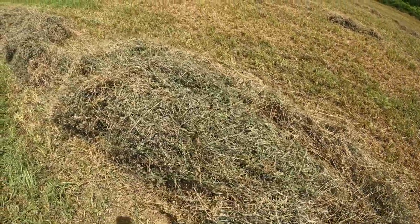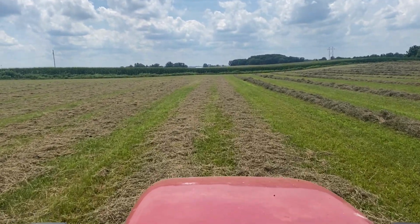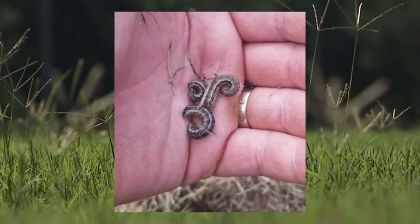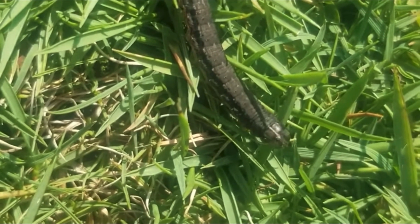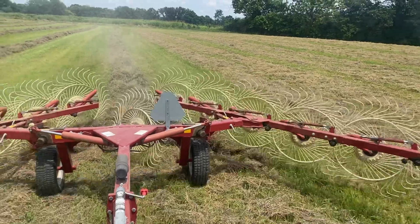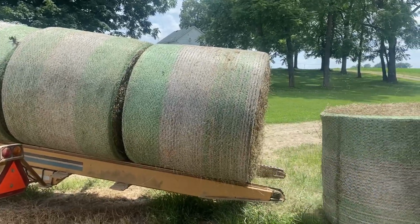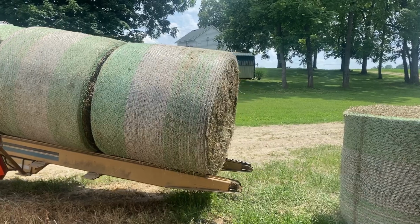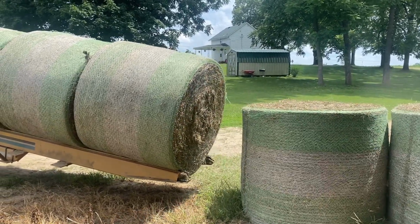We sowed it last fall, and we're not real happy with the stand we got out of it. Trying to figure out what happened. Could be a few things. Last fall we had a big invasion of armyworms, and they pretty much took out about 22 acres of our fourth cut. And at that time this was just coming up out of the ground, so I don't know if the worms got to it and hurt it bad enough to where it just didn't come back up, or Dad